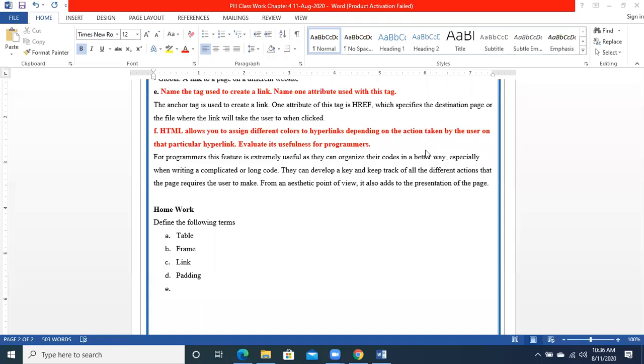Okay, doesn't matter. Yes, Junaid Khurshid. What is that particular attribute used with the anchor tag? The href. Href stands for hyperlink reference. H for hyperlink, ref for reference.